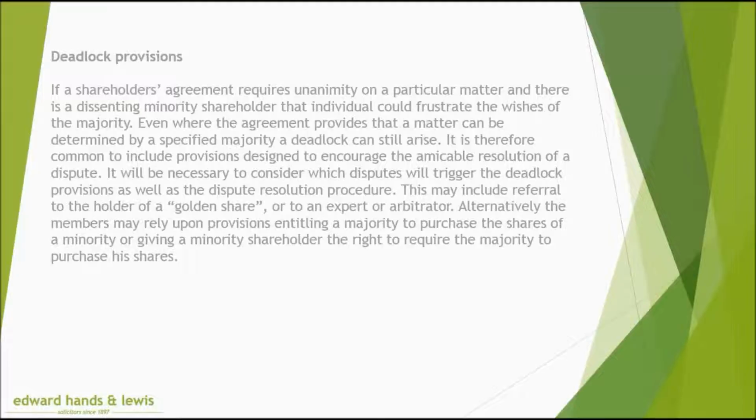When the members of an existing company wish to enter into an agreement, it is usually necessary to draw up new articles for adoption by the company at the time the agreement is executed. A shareholders' agreement will normally contain a clause to the effect that in the event of conflict between the articles and the provisions of the agreement, the agreement will prevail. However, such a clause cannot be relied upon 100% in the event of an aggrieved member making application to the court and asserting unfair prejudice.